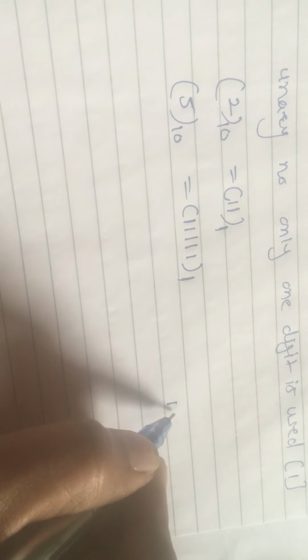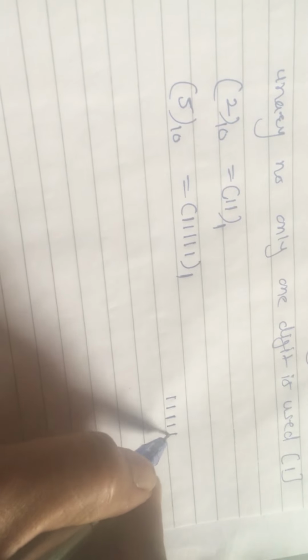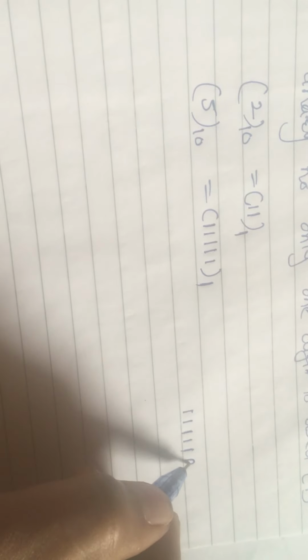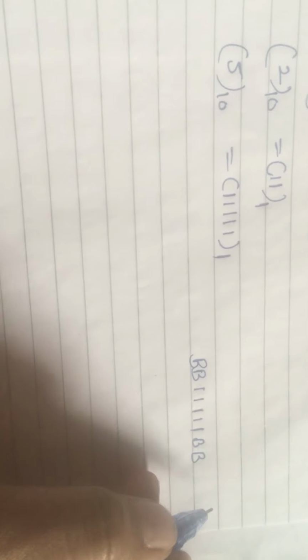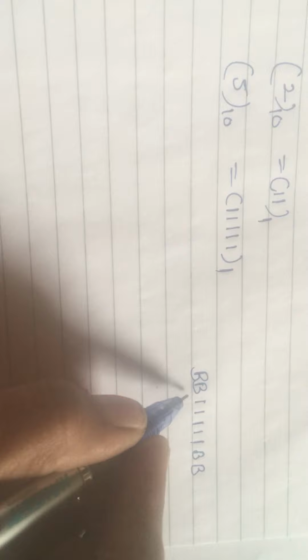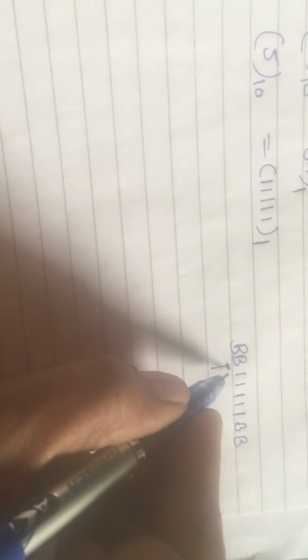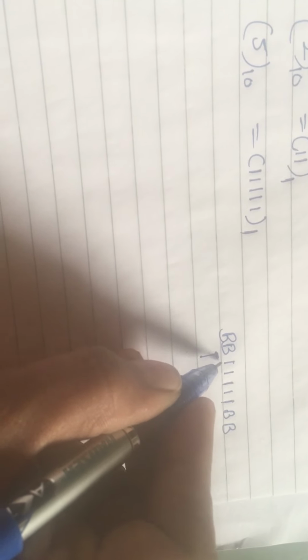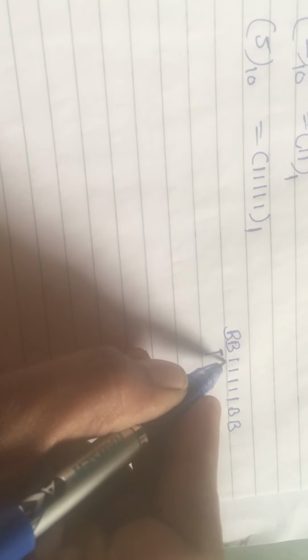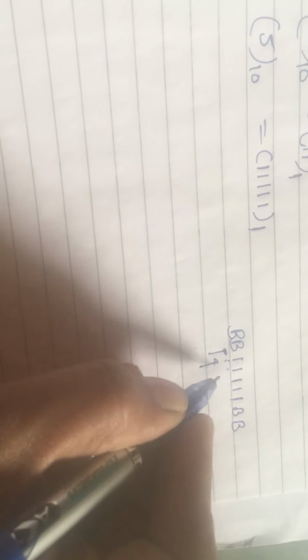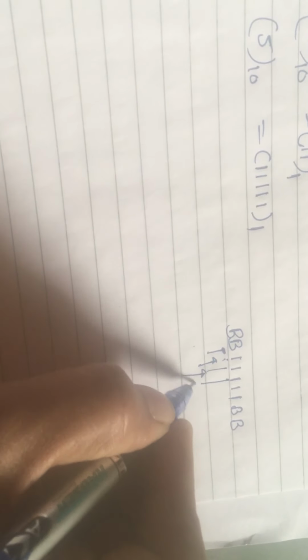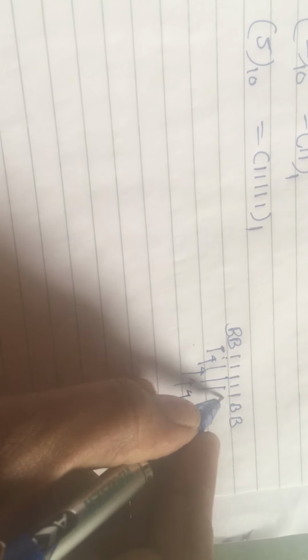Then our aim is to construct the Turing machine to increment a unary number. Now let's take the input 1, 2, 3, 4, 5 on the tape. After this input and before this input there are the blank cells on the tape. The pointer is initially at the leftmost end. Then it will read this 1, move to the right side, then read this one, then this one, this one, this one.